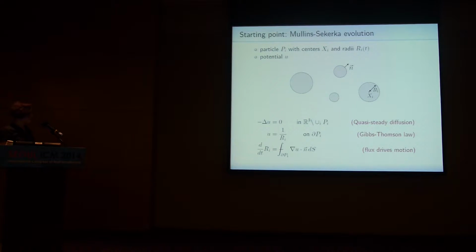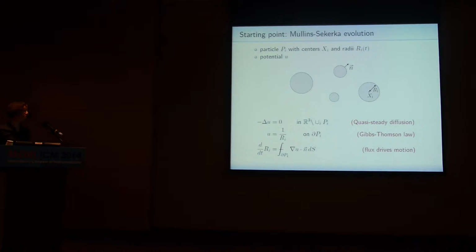So since diffusion takes place on a much faster time scale than the radii can react, one can also assume that the potential relaxes instantaneously to equilibrium. So at each time t, u satisfies the stationary diffusion equation, so Laplace u equals 0 outside the particle, and on the boundary of the particles, it satisfies what is known as the Gibbs-Thompson law, and that reflects the effect